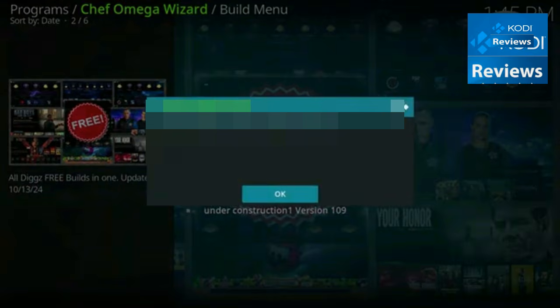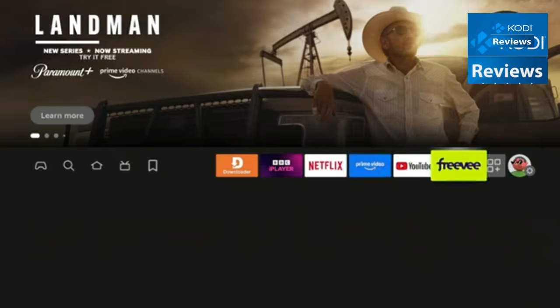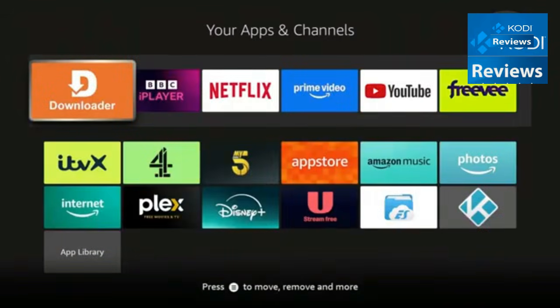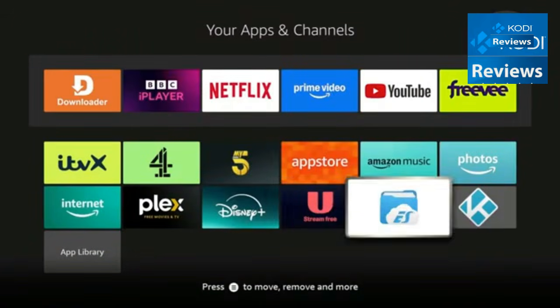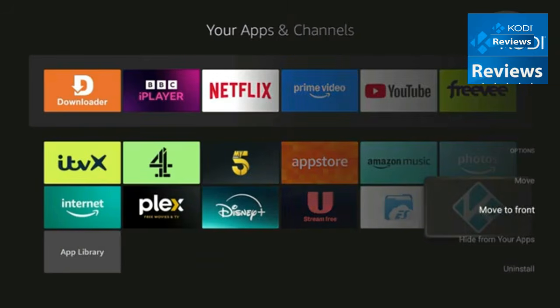Just click OK to allow Kodi to close and for the install to take effect. Once you're on the home screen, just make your way to your apps. Then you will find Kodi at the back of the list. I like to take this opportunity to move the app to the beginning, as it's the app I will be using the most on my own personal Fire Stick. Now we can click back into Kodi,